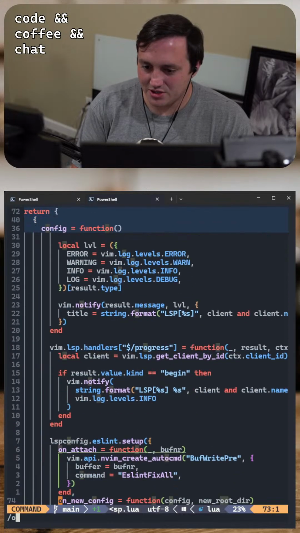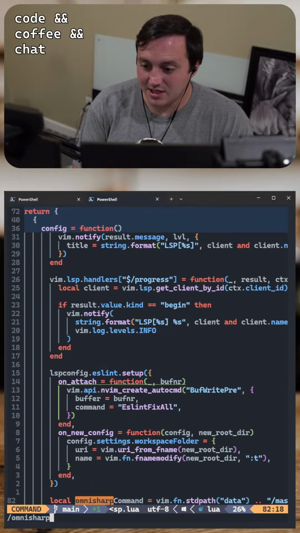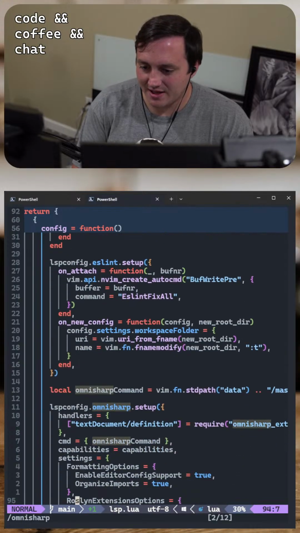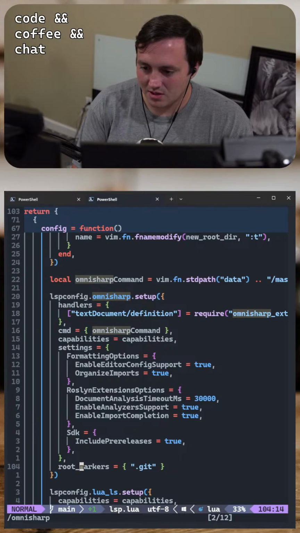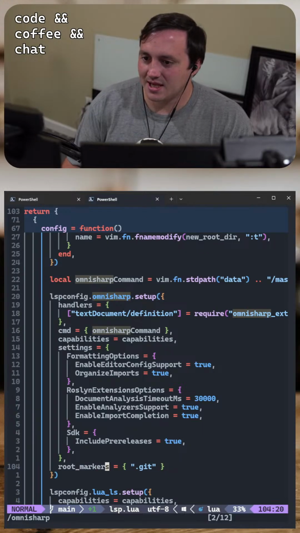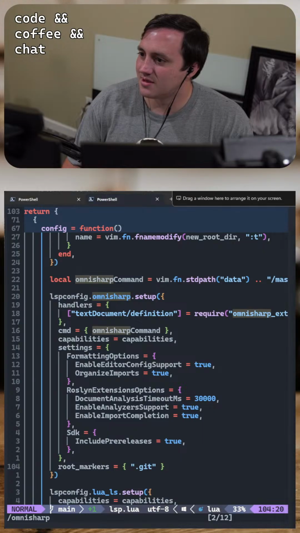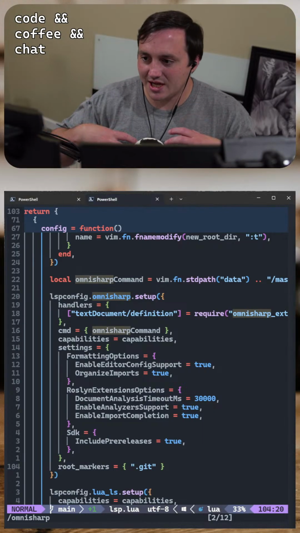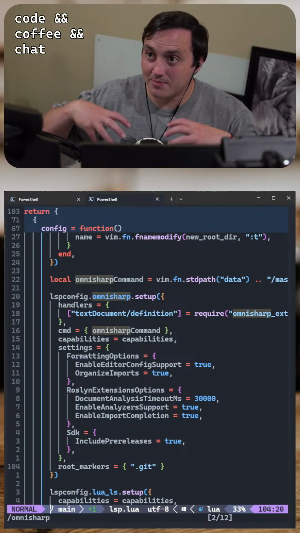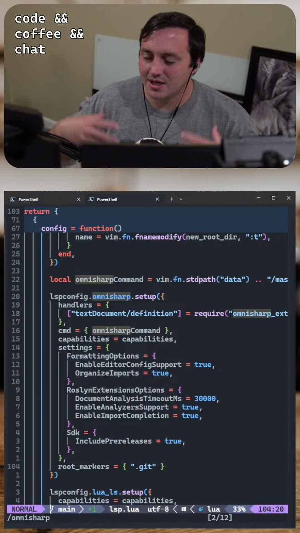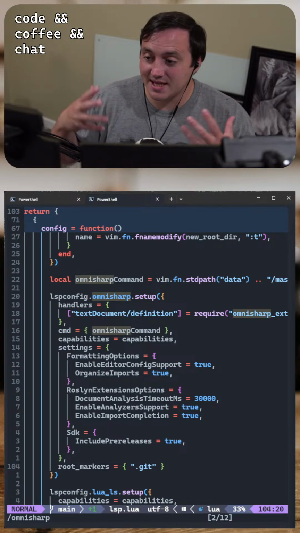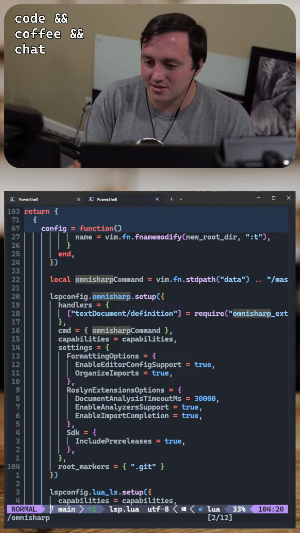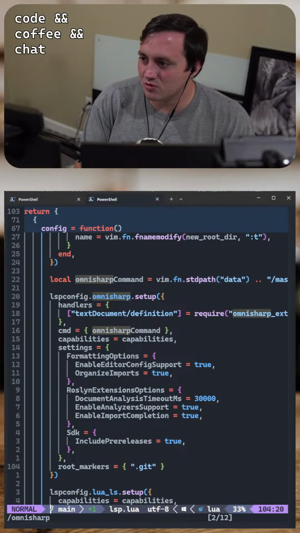And I'm pretty sure that the way my NeoVim configurations are set up for my LSP, it's not quite picking up on the fact that I'm in a project and I have a C# file open, so it's not attaching to my buffer. But I think I can force it to do that with this root markers config.